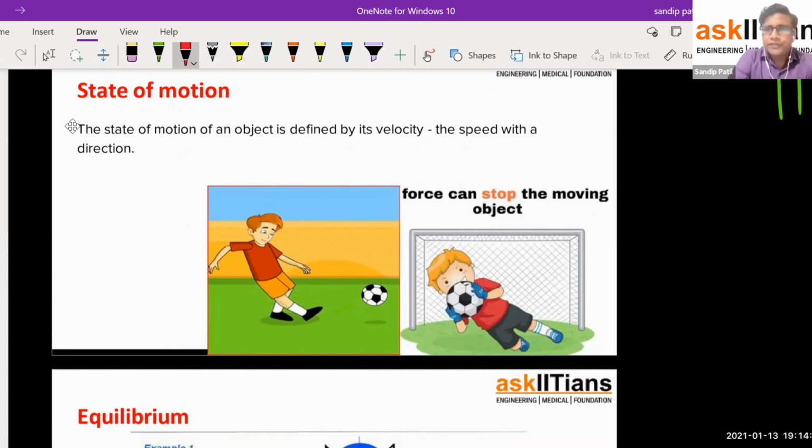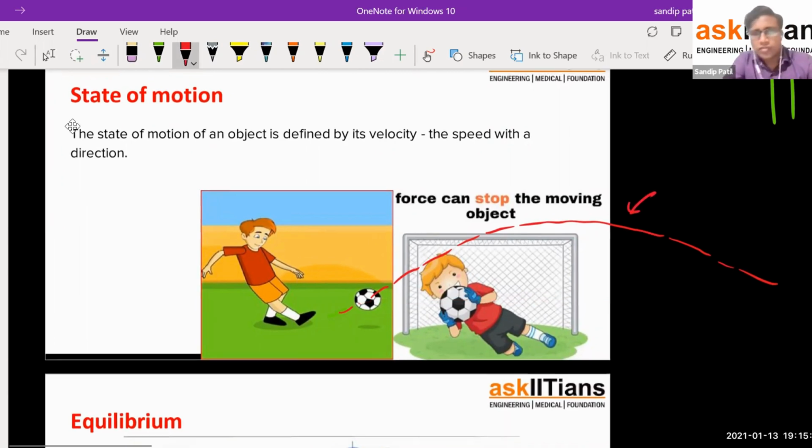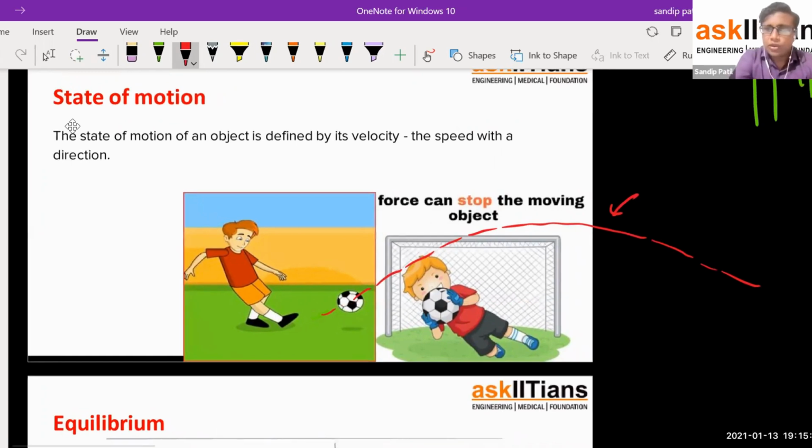Right? It depends on how he has kicked the ball. It could move like this, or it could also go like this. If you kick the ball straight, it will go in a straight line. Or this motion is called as, anybody can tell me? Anybody can guess what this type of motion is? It is called parabolic motion,